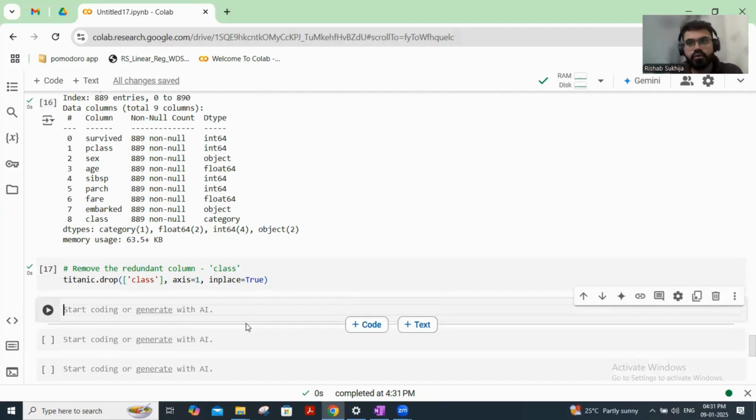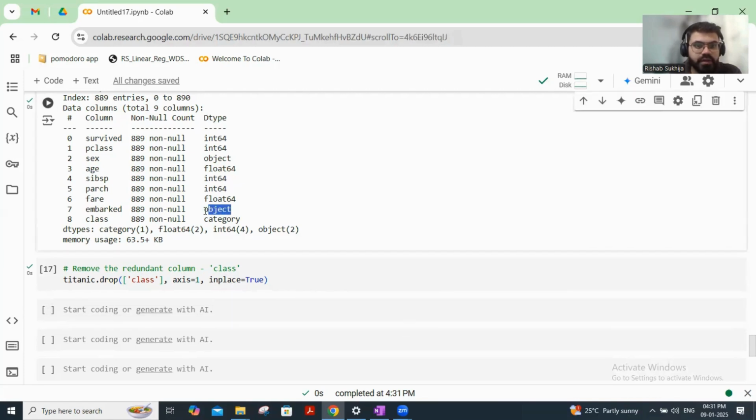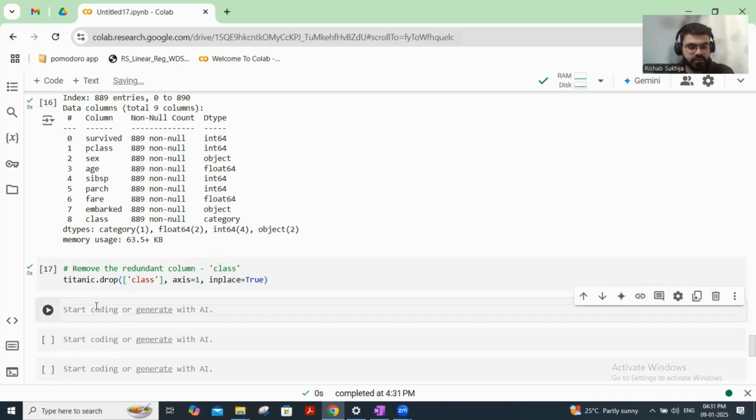the first step is encoding. You encode your labels. You see where encoding is required: in your sex column and in your embarked column. So let's do encoding. We are going to encode the categorical